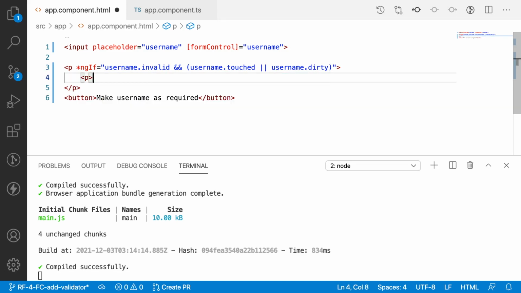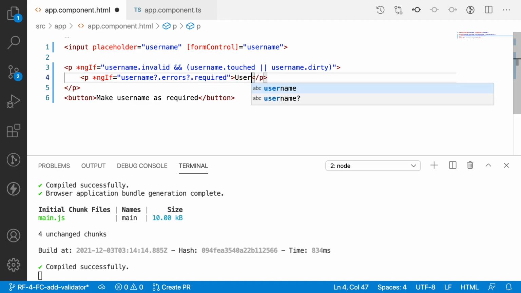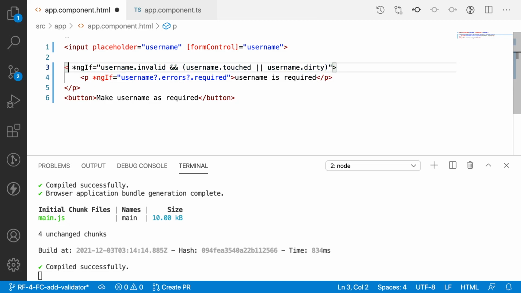Let me create one more div and write ngIf equal to username dot errors object, and it should have a required validation. Whenever it has a required validation, I can print that username is required.